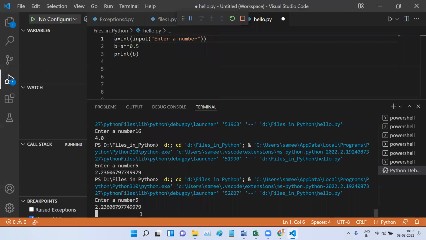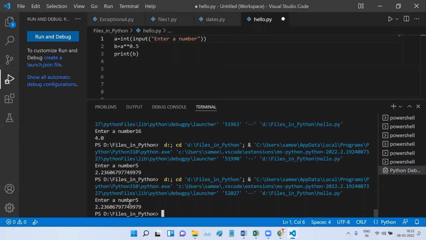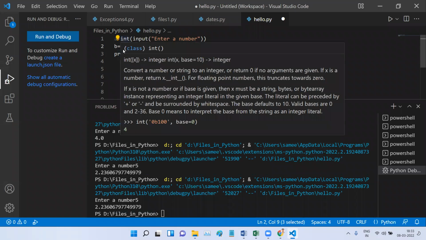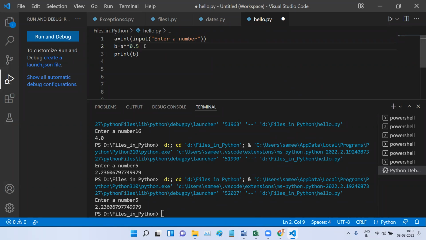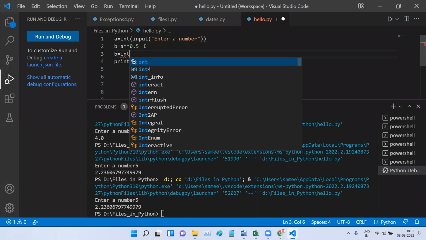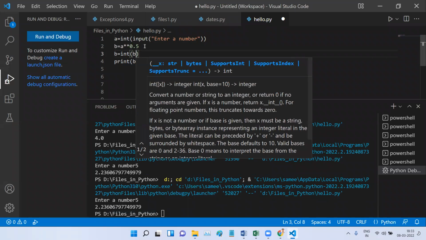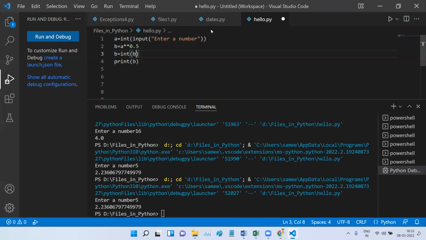You have to experiment. See, even after using an integer, we are still getting a floating point result. Don't panic, I will explain. Because we are having 0.5, Python is understanding B as a floating point number. Because of that, even though A is an integer, there is no effect. So what we will do is explicitly convert B into an integer, using this type conversion: B equals integer of B. Since B was floating type, now we are able to convert it into an integer. Abhi Chauhan is saying to use int in the second line after the equal sign.